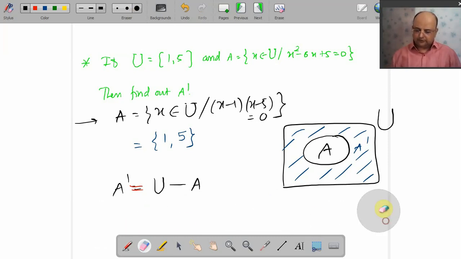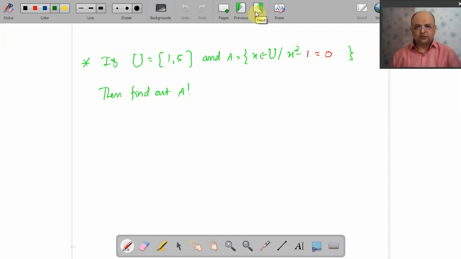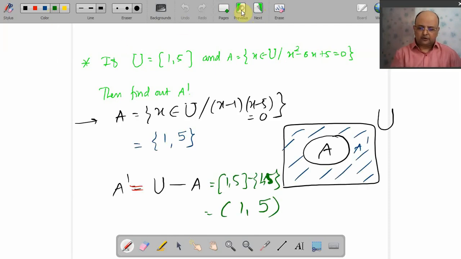So this is your closed interval [1, 5] minus the set containing 1 and 5. So that is the open interval (1, 5). Why did I discuss this example at this speed? Well, I have so many examples of this type and I can ask you those. Suppose this is asked as an MCQ. Obviously you are not supposed to do all this method.